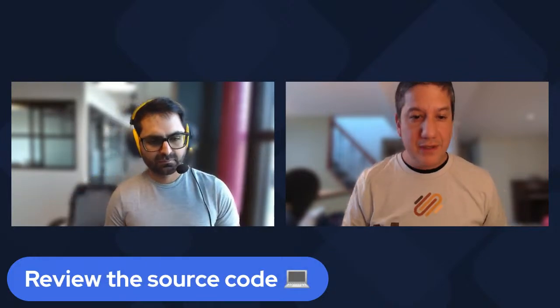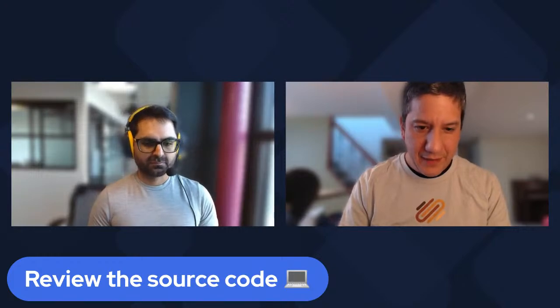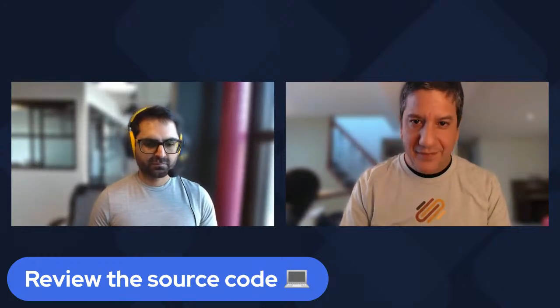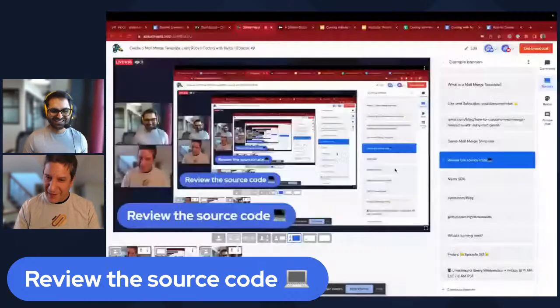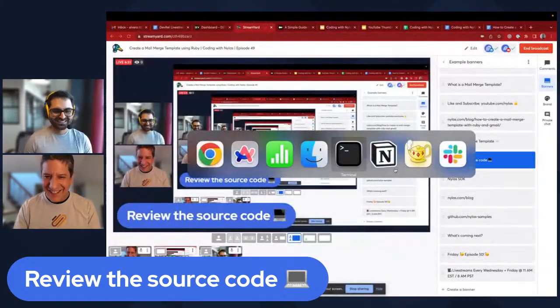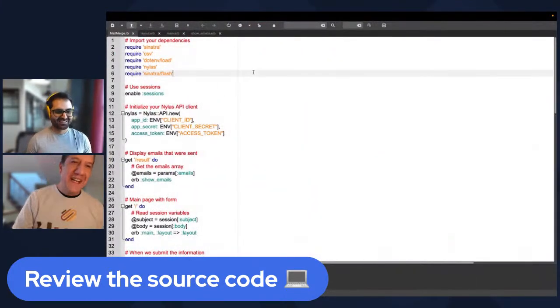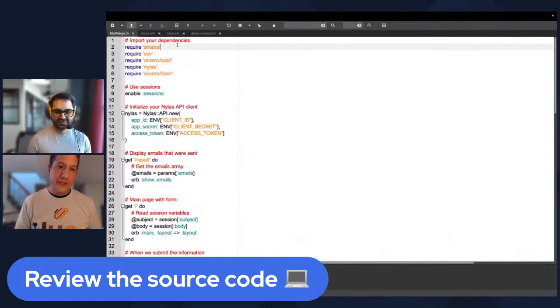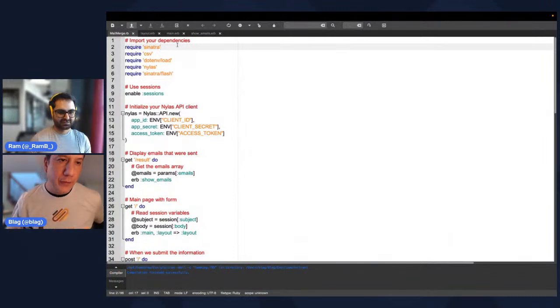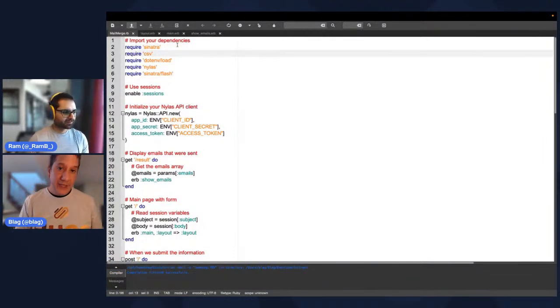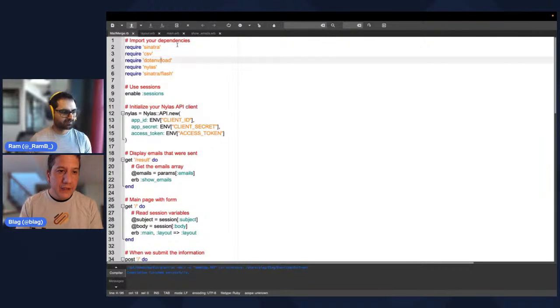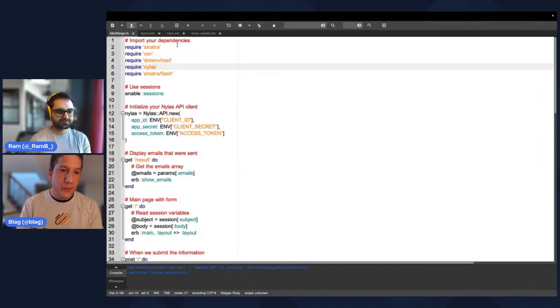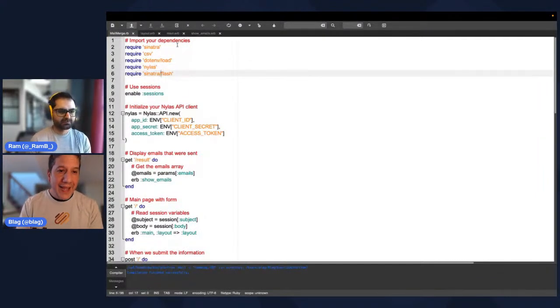So we can now check out the source code. And this time is Ruby, not Python. Yeah, we'll never forget that episode. Okay, so here's the Ruby code. So here, obviously, we're going to call Sinatra because we're using it as our web framework. We're creating CSV because we're going to read a CSV file. .env, so we have our env file with our information. Nylas, because we want to use the Ruby Nylas SDK. And Sinatra Flash,